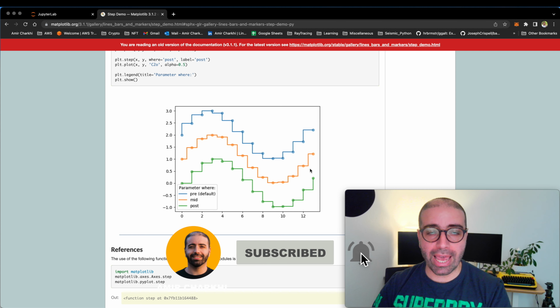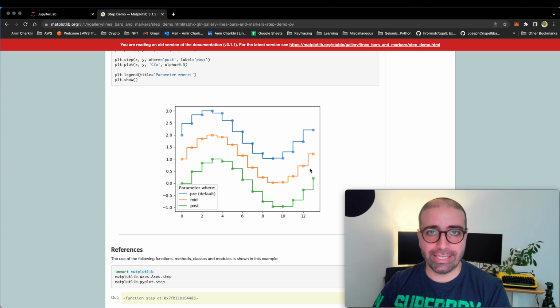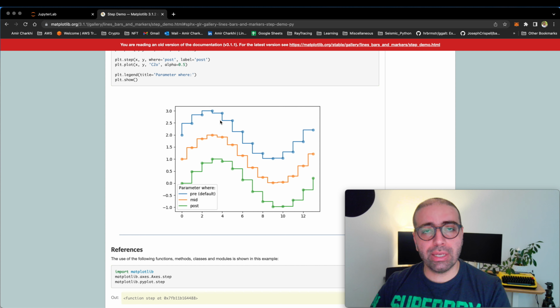This is number 10 and I'm going to be talking about step plots. So a step plot is exactly what you can see on my screen. There are three different step plots here, but just consider the blue one. A step plot is comprised of several baselines. This has a meaning in discrete analysis, so step plots are widely used in discrete analysis, and they're designed such